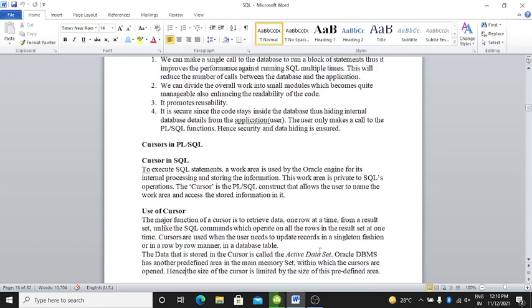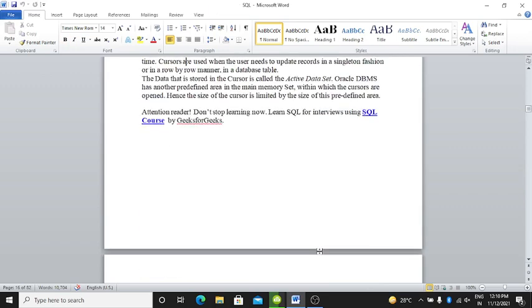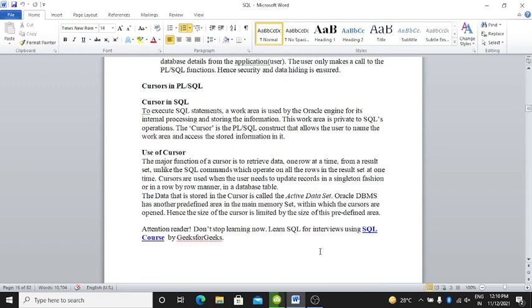Now next topic is cursor in PL/SQL. To execute an SQL statement, a work area is used by the Oracle engine for its internal processing and storing the information.